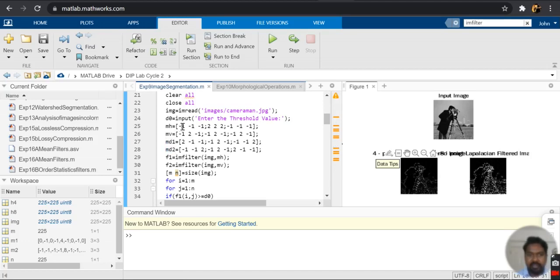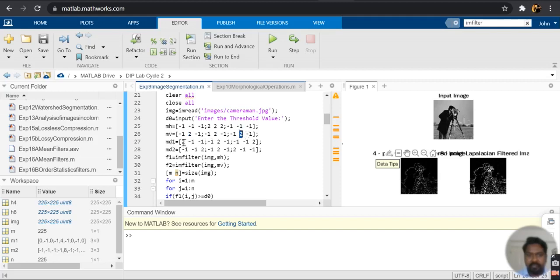So as you can see, the first row values are -1, -1 and -1. And the third row values are also -1, -1 and -1, except for the center row, which is 2, 2 and 2. If you look at the vertical mask, you can see all the second column values have the value 2, and all the other values have -1.